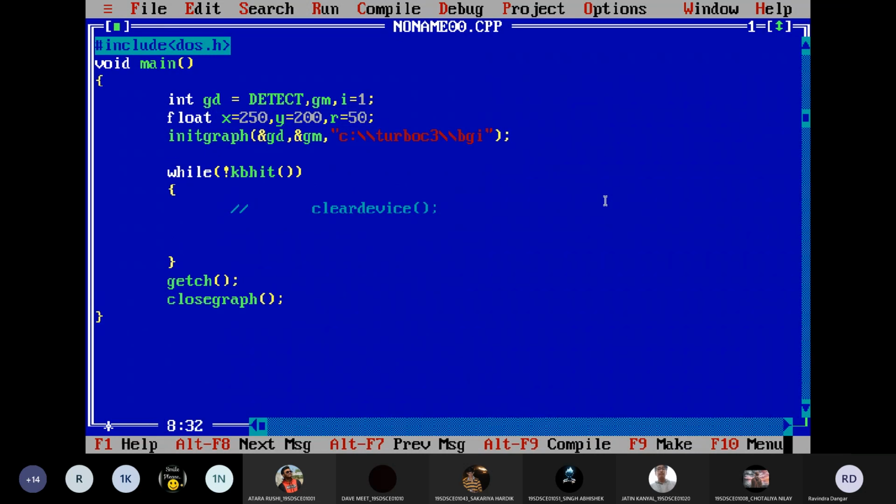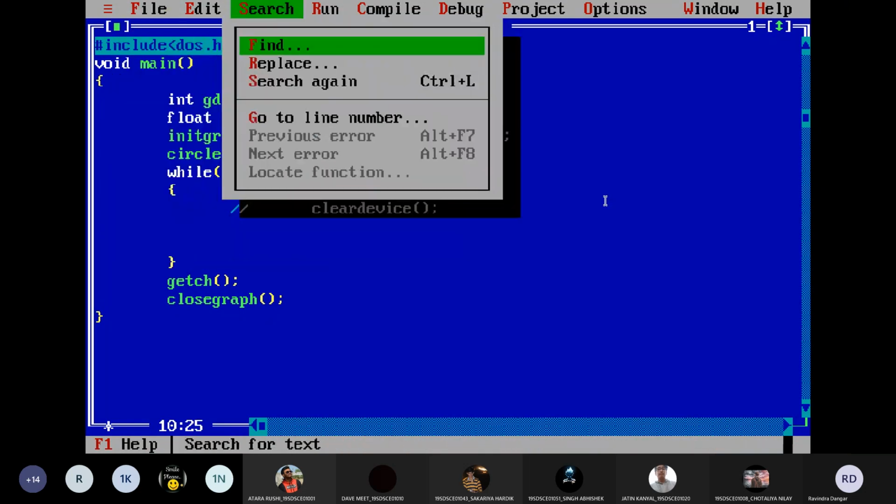Now, let me define xr and yr as well. Xr, yr, and let's assign the value. Xr is equal to x, not x, but let me give the value. It's 200. As I said, I'm going with static values, so directly let me give the value, and yr is also 200. Is it fine so far? Yes, sir. Now if I draw circle, then I can draw circle from xr yr to radius r, and let me run this file.